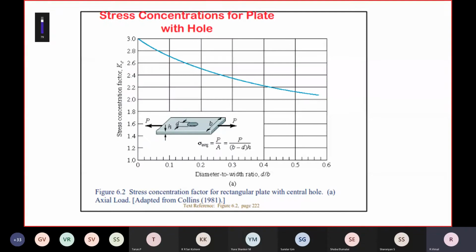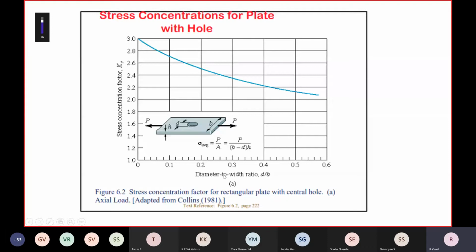There are two ways to calculate the stress concentration factor. This is a graphical method. Here you see a graph with the stress concentration factor on the y-axis and the diameter to width ratio on the x-axis.